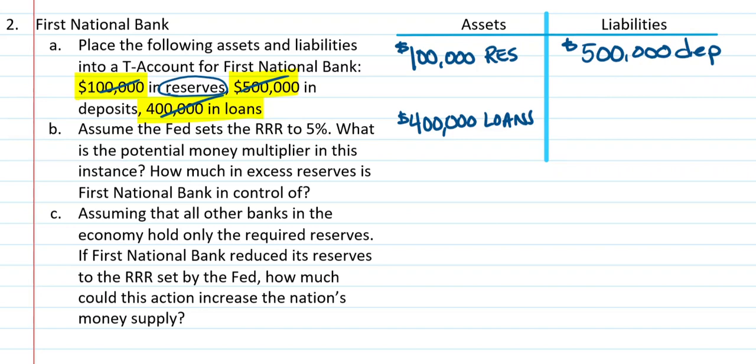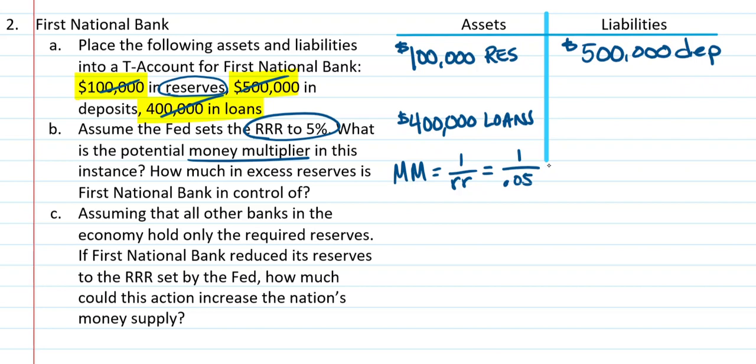Part B, if the reserve ratio is set to 5%, what is the potential money multiplier? So the money multiplier, MM, equals 1 over the reserve ratio. So in this case, the reserve ratio is 5%, 1 over